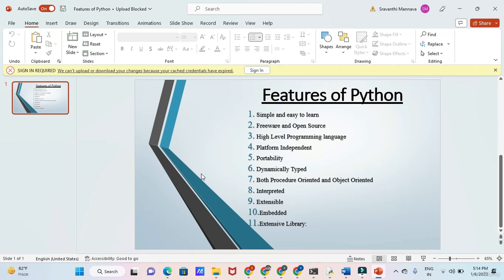Suppose if we are developing games, we have a specific module. Suppose if we are developing data analytics, then we have modules called NumPy and Pandas. Suppose if we want to develop a web application, then we can use Django, which works on top of Python. Suppose if you want to work with machine learning with Python, then we can use the scikit-learn module. Like that, we have some thousands of modules which can support on top of Python.